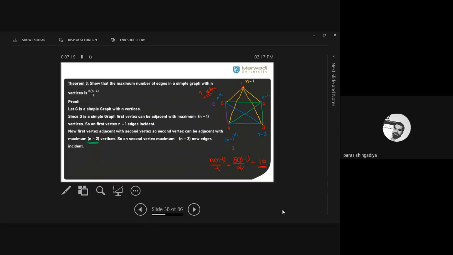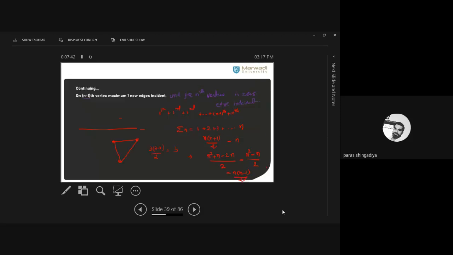So how many maximum edges, that is the maximum quantity you can check. ठीक है, minimum कोई भी हो सकती है, but maximum कितनी होगी, that is n into n minus 1 by 2. And let us verify it here. That is 5 vertices we have, so 5 into 5 minus 1 by 2, and that answer you will get is 10. Okay, so this way we can verify it.